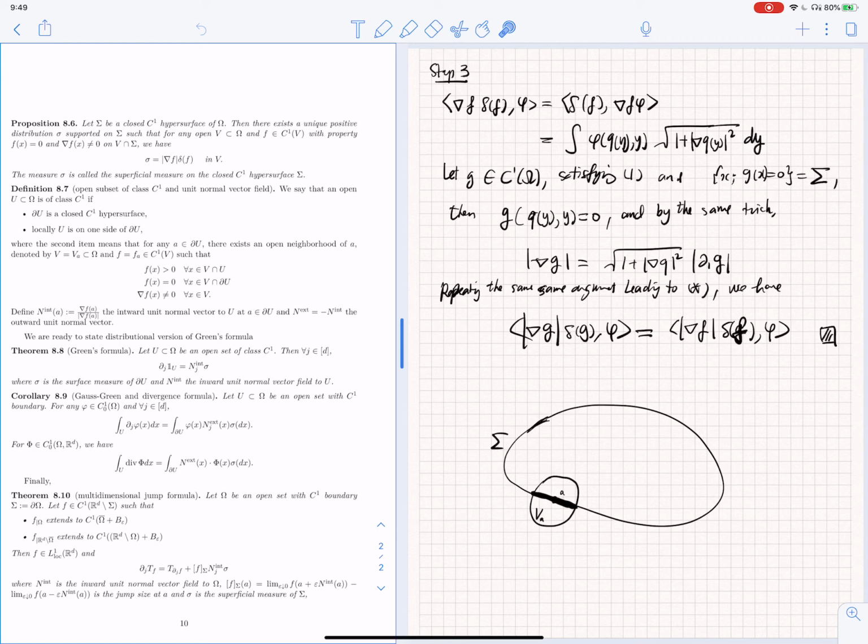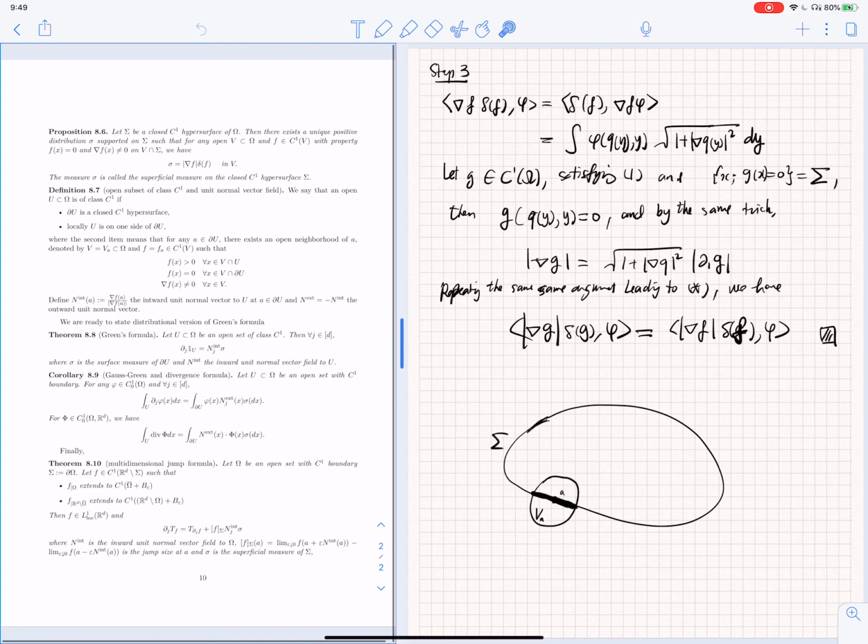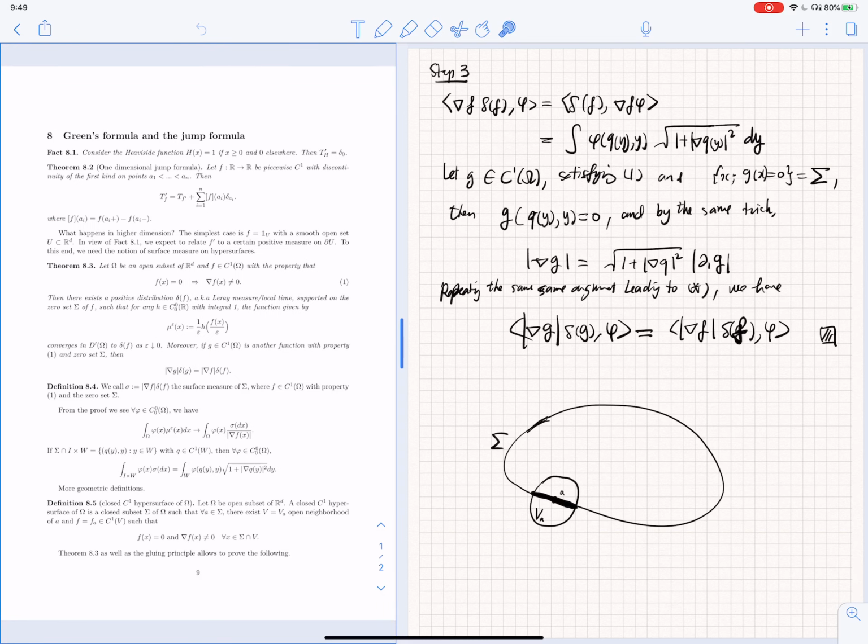So the point of this definition and also this proposition is to generalize what we have in the theorem. In the theorem, we said that we are given ahead of hand a C1 function, then we can construct a surface measure on the zero set of this function, satisfying certain properties. Okay, and now we say that in a more general setup, we can also construct a surface measure on a surface which is locally